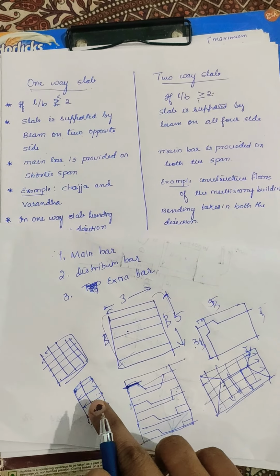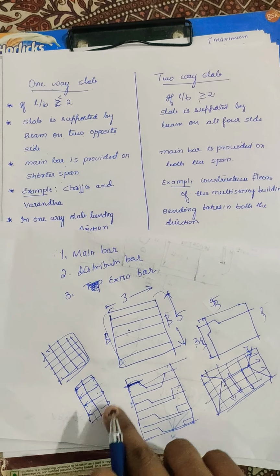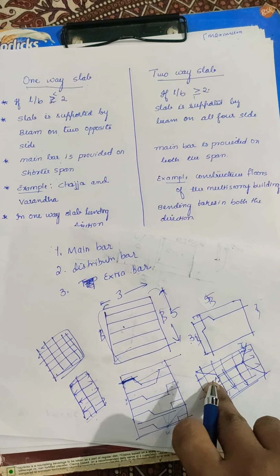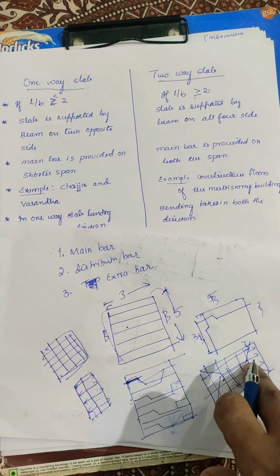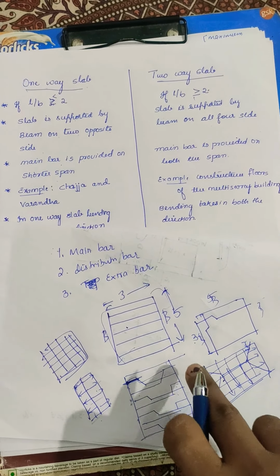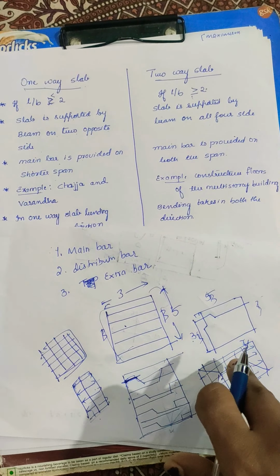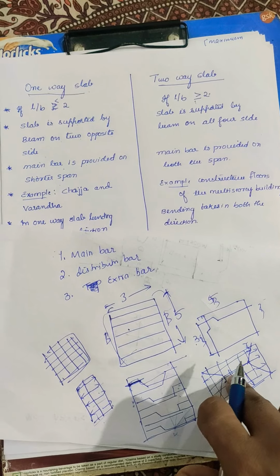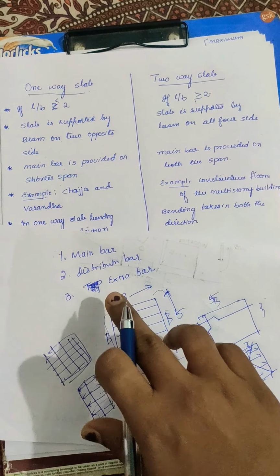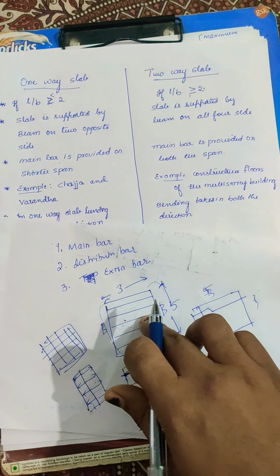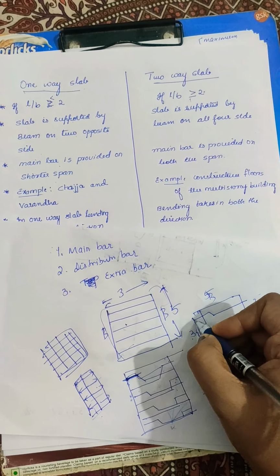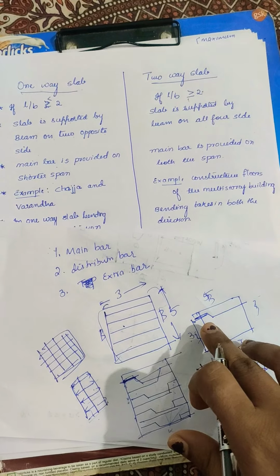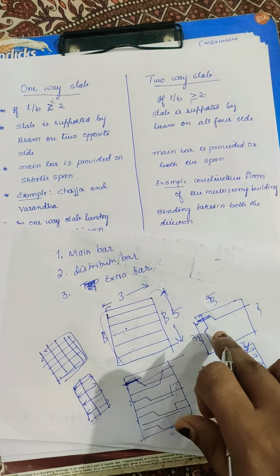And you can see the load pattern acting in a one-way slab. In a two-way slab, the load pattern acts in a trapezoidal as well as triangular manner, where load distribution is on all four sides of the beam. Hence the main bar will be provided in both directions, where the distribution bar acts as a main bar. The reason for providing the extra bar on top is to support this crank section. Along with that, it is preventing the negative